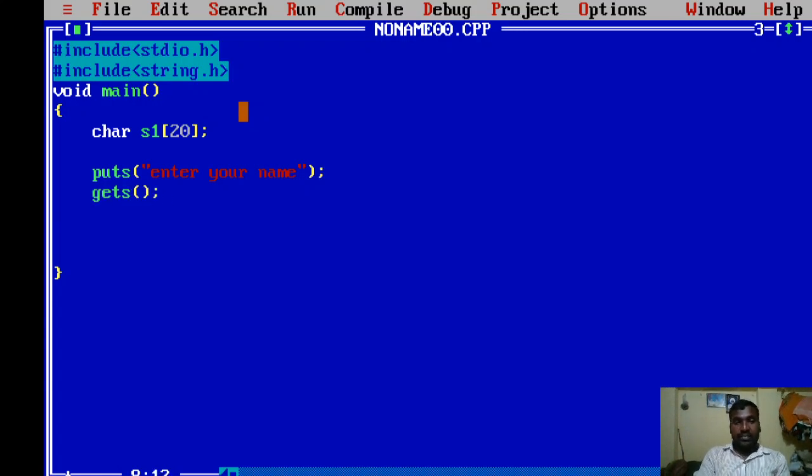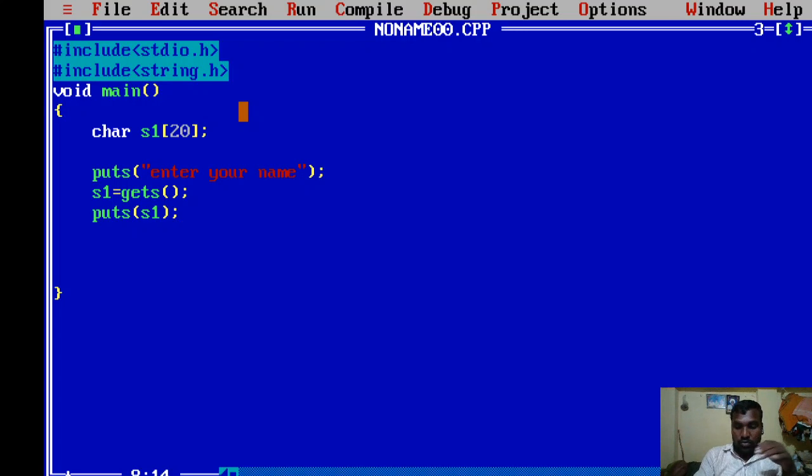So gets is a function we use to read the string which is supplied. And then again I am using the puts function to print string 1. So s1 is a string array.